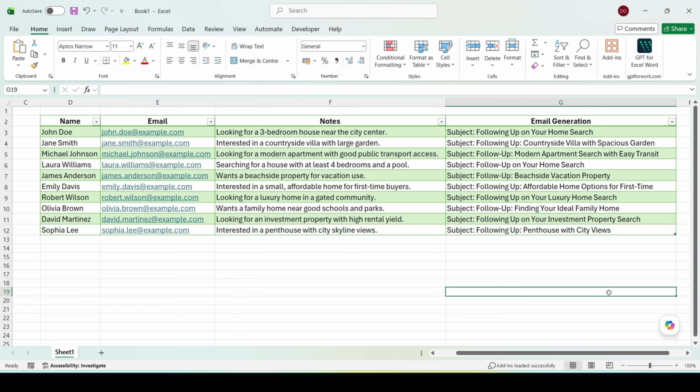Greetings, everyone. In today's session, I'll show you how to use AI directly inside Excel to automatically generate personalized follow-up emails for your clients. We'll use a simple AI-powered Excel extension along with one easy formula to turn client notes into professional emails